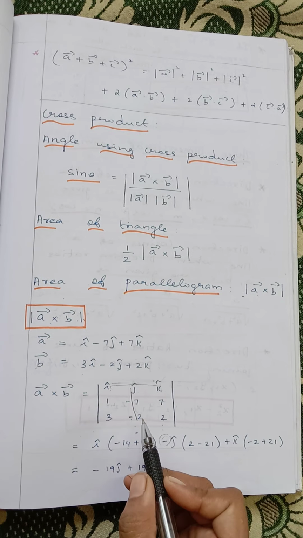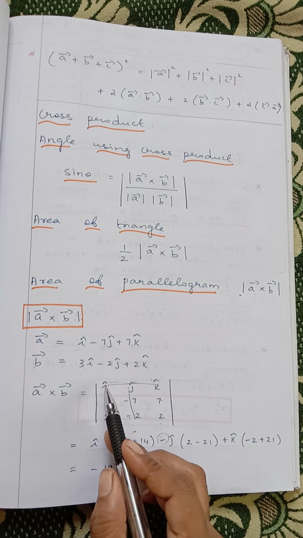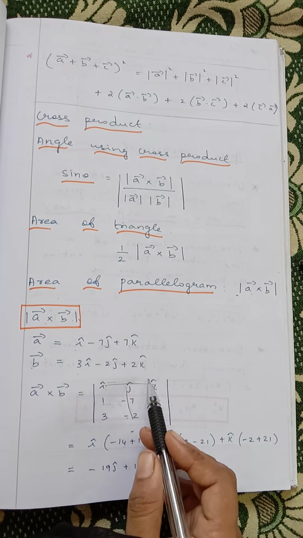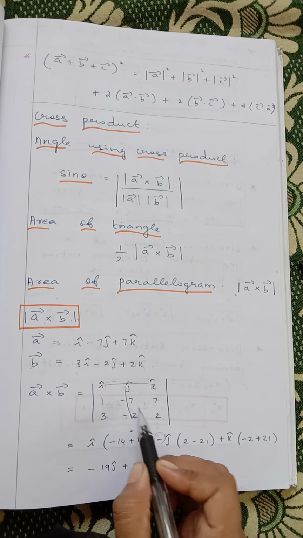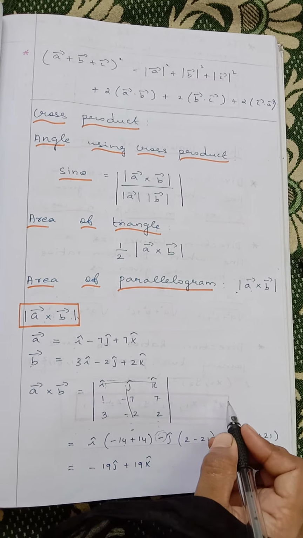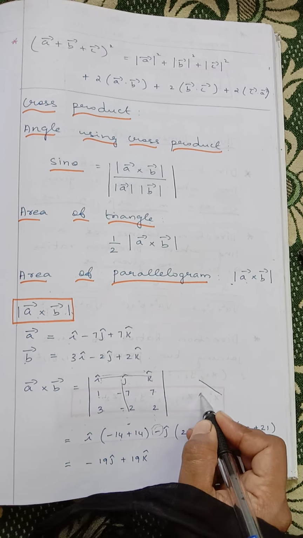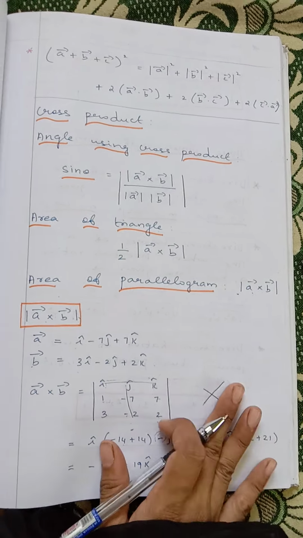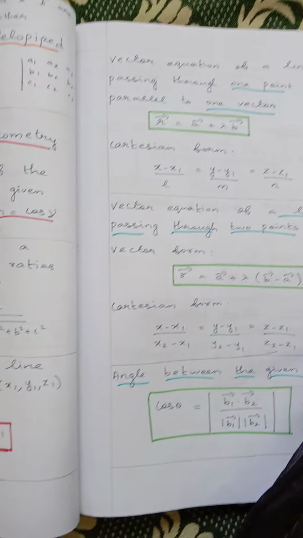And always you will start, suppose if you are taking this, see, if I want to find i, we are covering this, which means first you should go in this direction. Okay, 2 into minus 7. Then only you should go this side like this. First you should go here, then you should go like this. Okay, so please keep that in your mind. The next one,